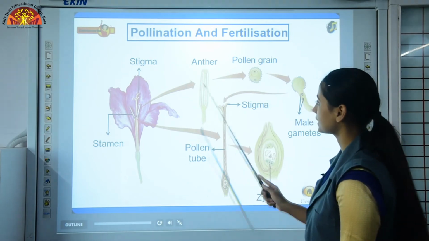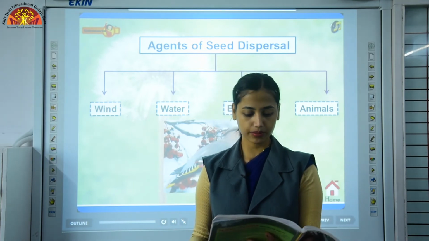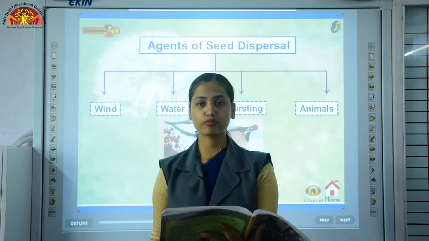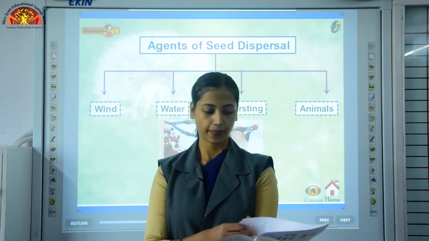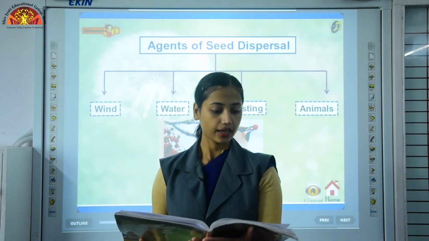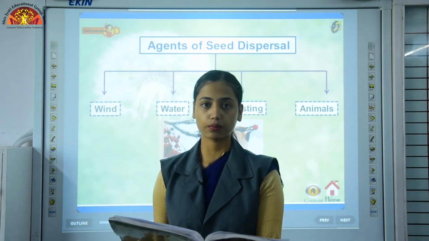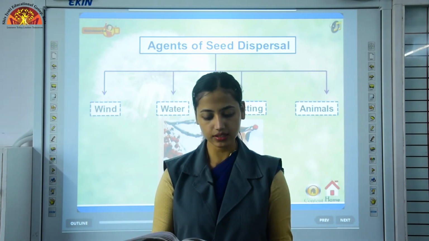Pollination and fertilization. Now write remaining internal question, question number 2 on page 139. Name the male reproductive part of a flower, and answer is androecium. Then question number 3 on page 140. Name 2 plants in which pollination is brought about by birds, and answer is pomegranate and kadam tree.